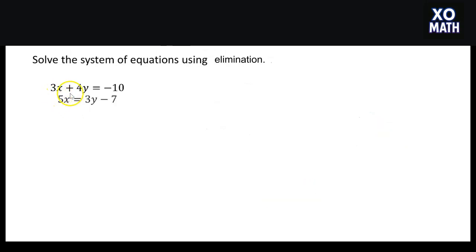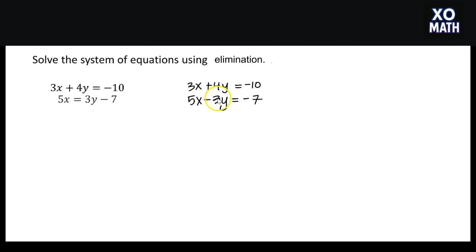In this example, we have 3x plus 4y equals negative 10 and 5x equals 3y minus 7. Before we get started, we have to go ahead and subtract 3y on both sides of that second equation to get the variable terms all on the left. So the second equation will be 5x minus 3y is equal to negative 7. The top equation will remain the same. We don't have opposite coefficients in front of either variable. On this particular problem, we're going to have to multiply both the top equation and the bottom equation by a number to create opposite